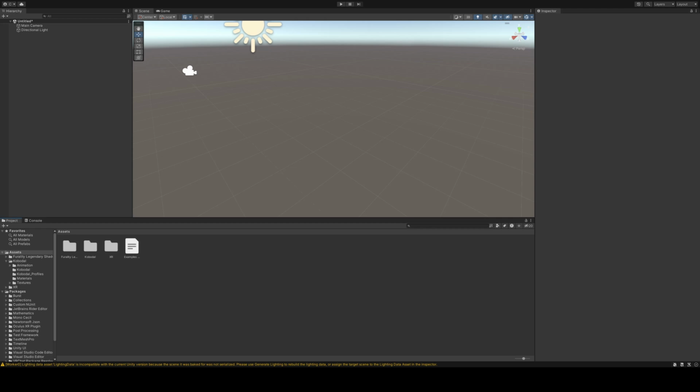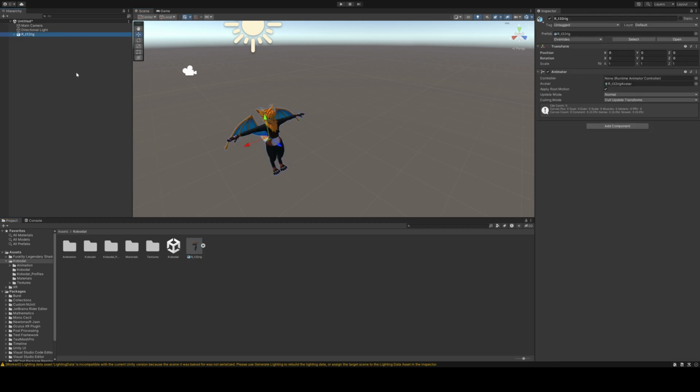And once you have an avatar that you want to use, you drag your avatar that you've downloaded into the assets folder here down below. And once it finishes uploading, you'll want to find the folder, if it's not already out here, with the avatar's name. And you'll oftentimes find either an avatar like this or a scene of some sort. You'll want to try to drag this into the hierarchy here because it will center it for you. And assuming you don't want to make any changes to the avatar at all and everything's good to go,